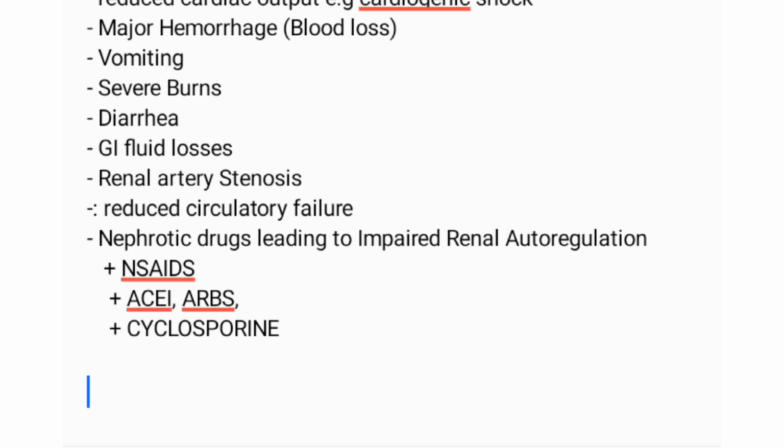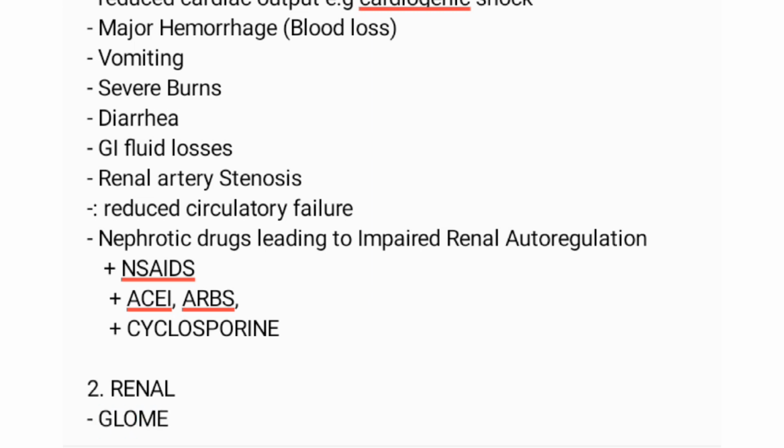Okay, then we go now to the second. So this was the first etiology. Then the second one is the intrarenal, or we just call it renal. So we have prerenal, renal, and postrenal. So under the renal, we can have